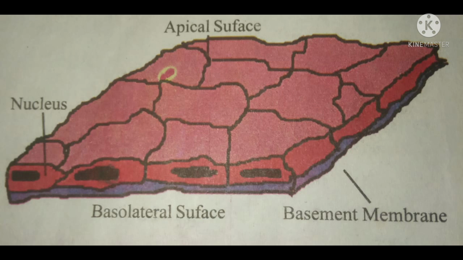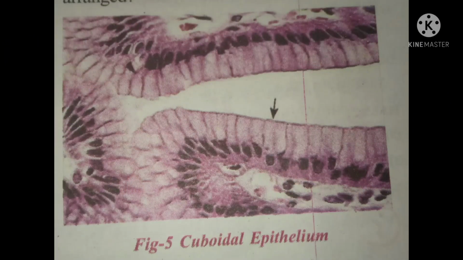The epithelial cells in skin are arranged in the form of layers. This is called stratified squamous epithelium. Take a permanent slide of the cuboidal epithelium from your laboratory slide box and observe under the microscope. These are the cuboidal epithelial cells which form the lining of organs or tubules or other parts and provide mainly mechanical support.